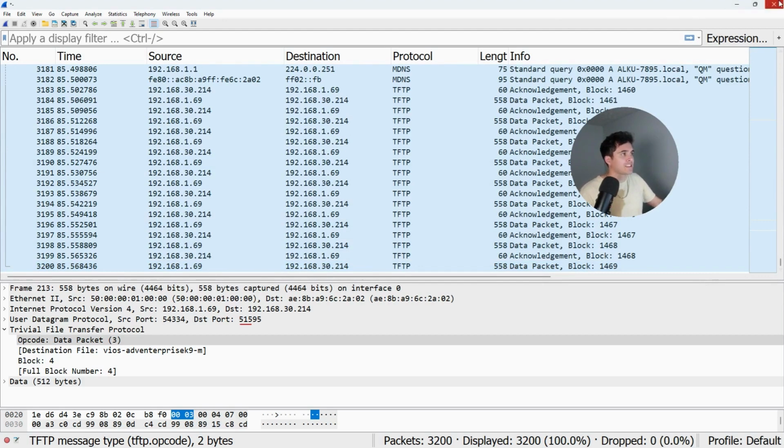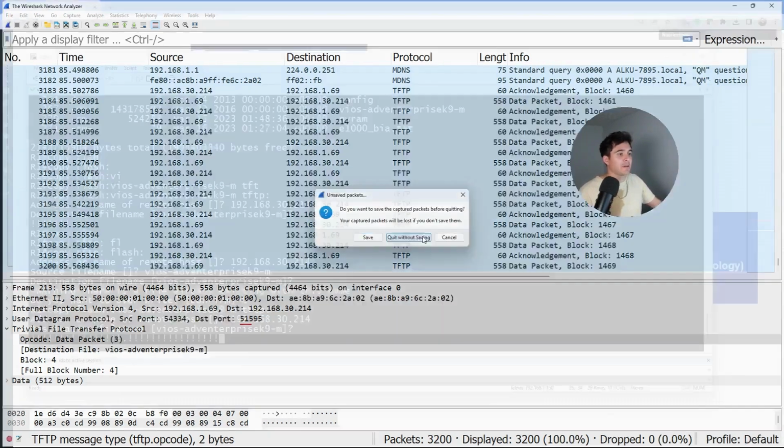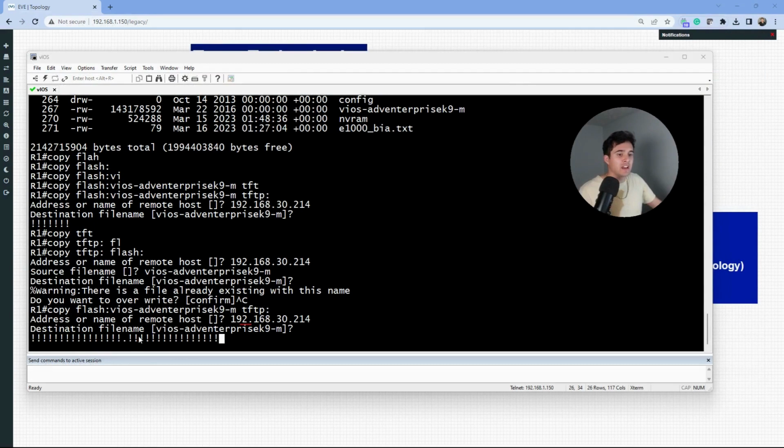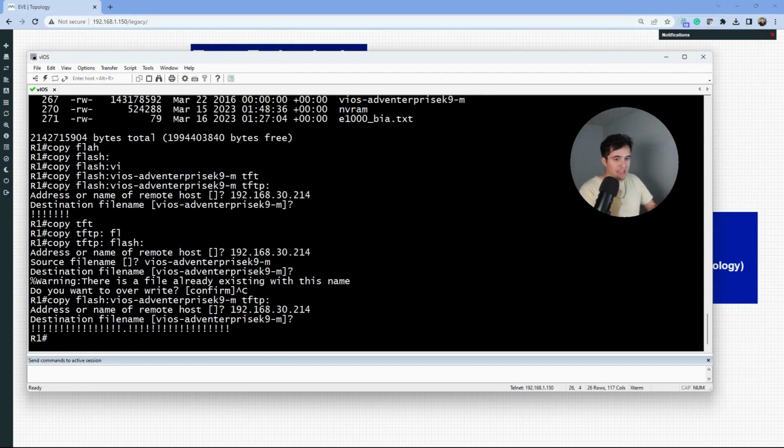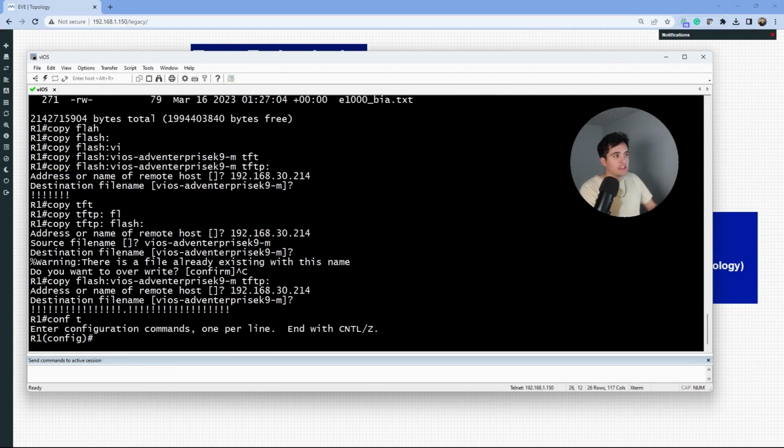All right, that's going to be it for our TFTP lab. Again, very simple, very easy, but that's all we need for TFTP. That works. We can back up IOSs. One thing I also wanted to show you guys is